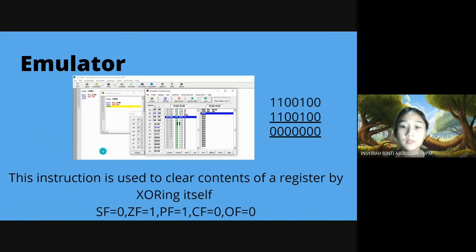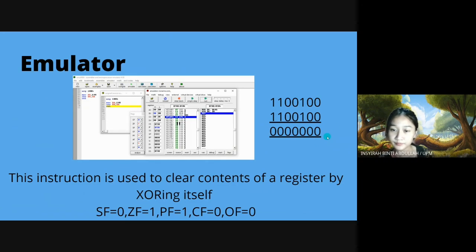I have used this instruction to clear the contents of a register by XORing it with itself. As you can see right here, I assigned 64 hex into BH and then XOR BH, BH,